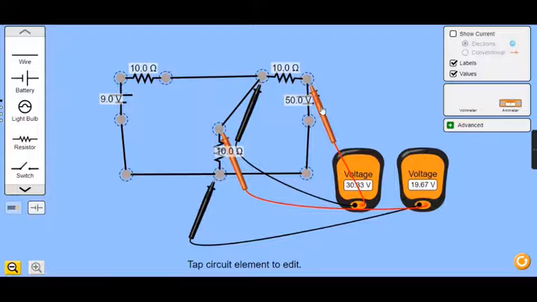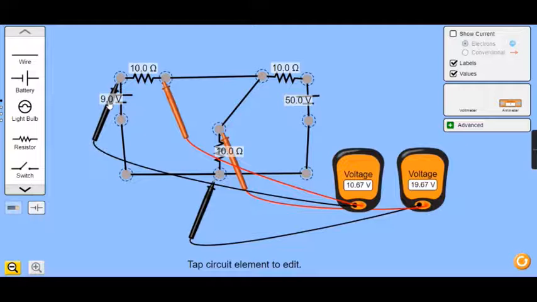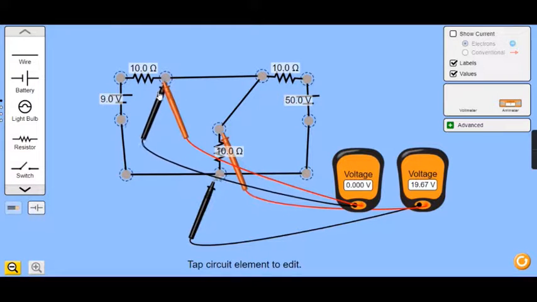The same case, if you see it for this resistance, this minus should be here and this plus should be here. So minus 10 volts, and the voltage drop across this is 19, the same 19 volts. Adding this we will get 9 volts. 19 minus 10, we get 9 volts.